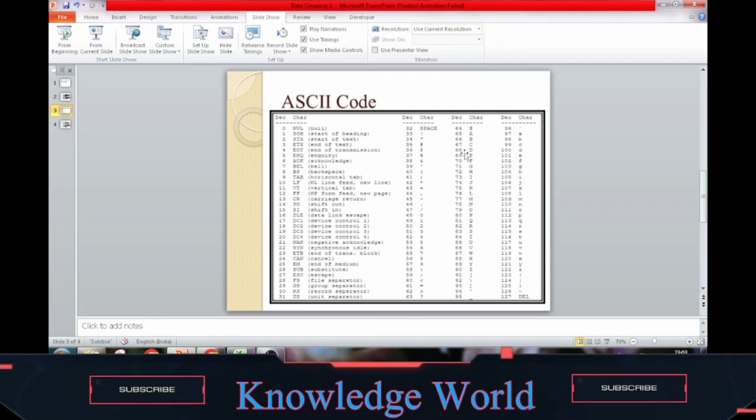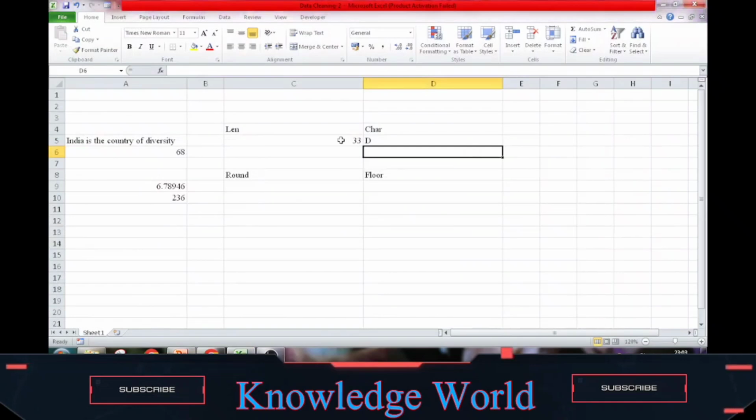This is 68 and the ASCII code is D. So the answer is correct. We will use LEN and CHAR functions like this.